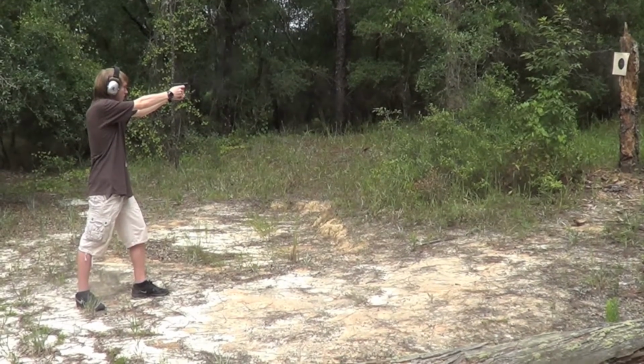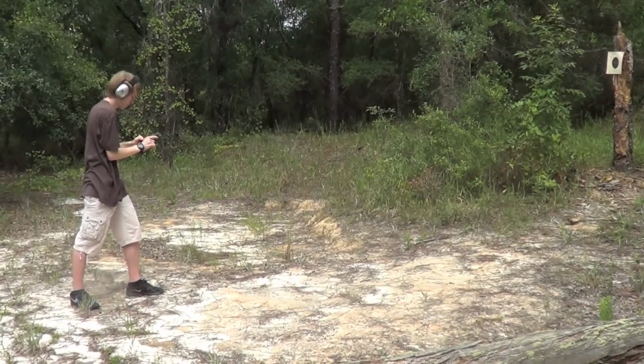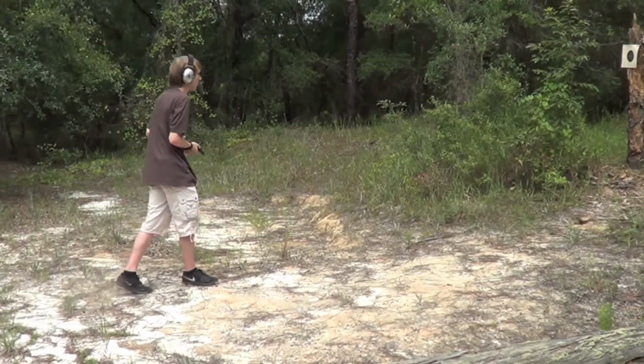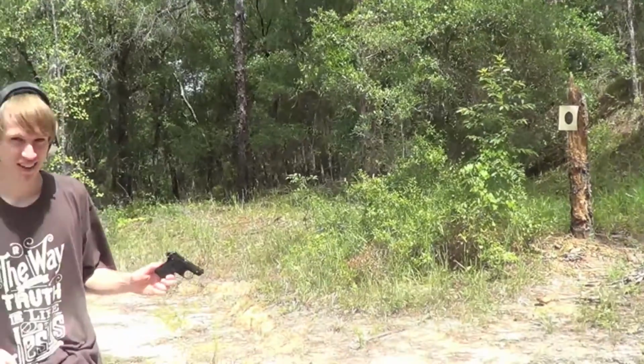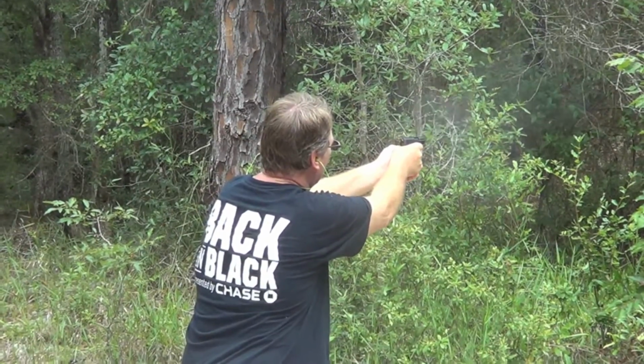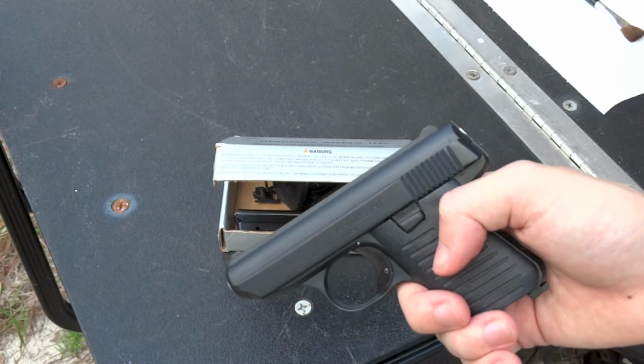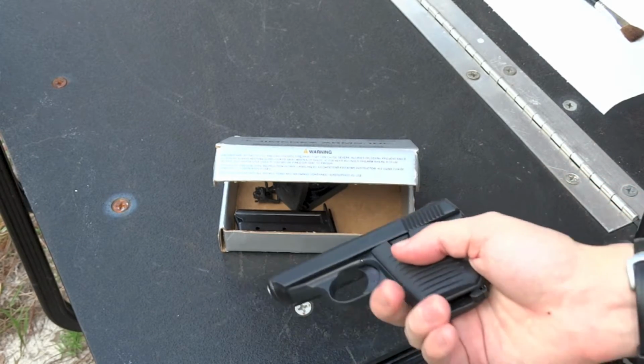I'm really the only person in our family that shoots this. I'm not even sure if my mom has shot it. My mom hasn't shot her Beretta that much, even though she was the one who bought this. This gun had a problem before the Jimenez. My dad has shot it some. It's more of a family gun, because we usually shoot together and stuff,